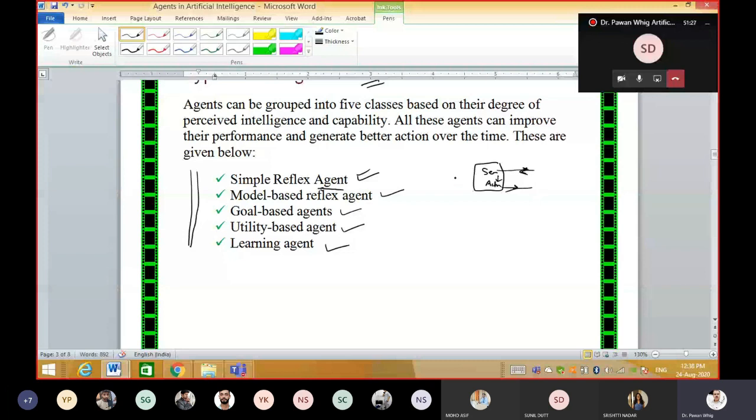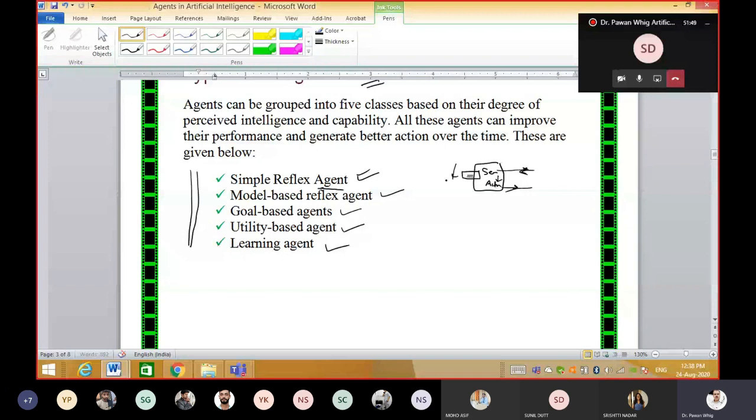And in a model based agent, there is some model also. There is one model, or what we say, the steps or algorithm we are given. Once the sensor senses, it first goes into this and performs the task on the model mentioned here. Then the actuator will do the task according to this model. This is what we call a model based agent.